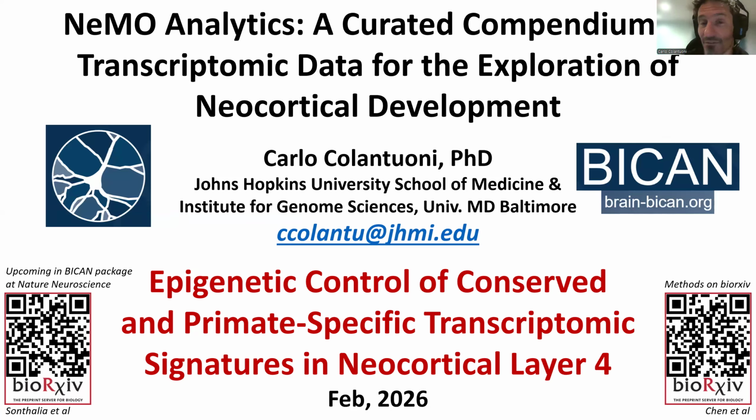In other talks, I've covered the sort of overarching structure of the paper, which really starts from development looking across species for conserved elements of neurogenesis. But about halfway through the paper, we shift and actually begin the investigation from adult data and then look back in development to see when particular neuronal identities emerge. And what I want to cover specifically today is the epigenetic control of some primate-specific signatures in the cortex that we first observe using these diverse data resources and then investigate more deeply looking at some epigenetic data.